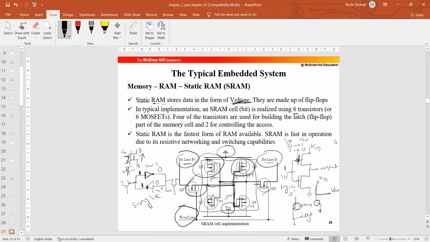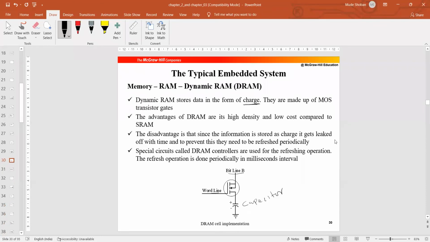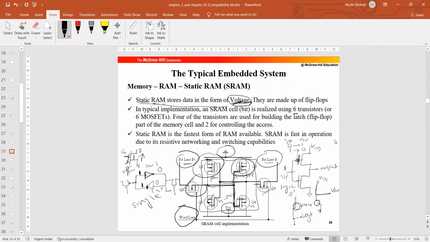So, coming to the points noticed in this slide, static RAM stores the data in the form of voltage. Let it be considered quantization values. I hope with this slide I will complete the last one. So voltage levels. You might hear the word quantization. So 0, for example, generally